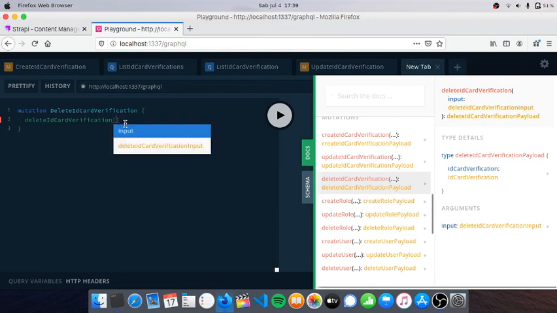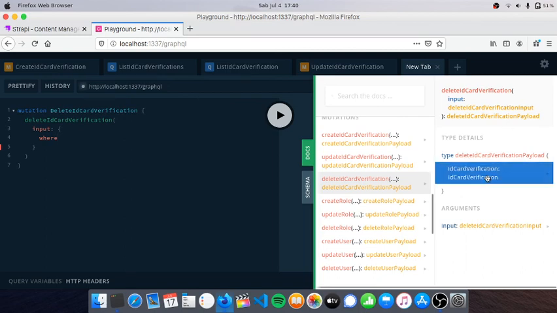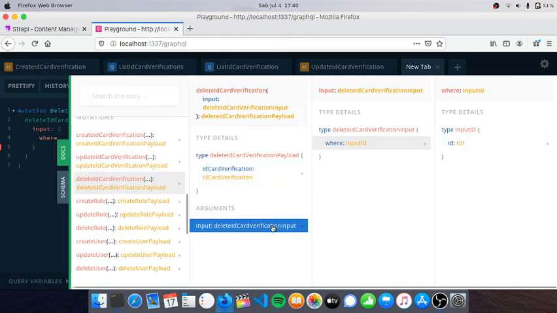Put curly braces, put input, double colon, put curly braces here, and then immediately if you press Control space, it will show where, or of course you can type manually and put, you have to put the input is the ID. So after input here on delete ID card verification input, you have to put an ID,